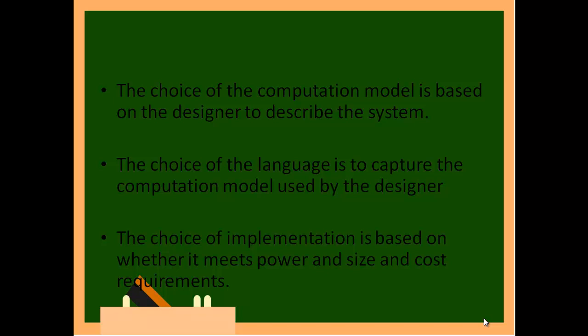The choice of computation model is based on the designer to describe the system. Again I repeat, selecting the model is the talent of the programmer and of the person who is going to use it. So who do you call the designer? That is the designer's capability. For the best example, in cinema, a person who takes the camera, you call a cameraman, and a person who instructs this cameraman, you call a director. But all directors and cameramen are not the same.